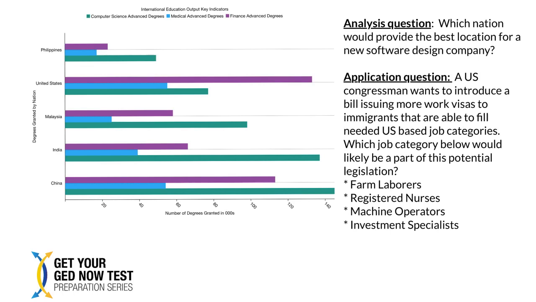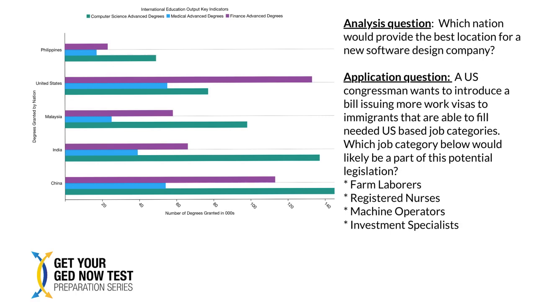Now we have analysis. Analysis is more of the type of question where you draw some conclusion or inference, if you're familiar with that word. And so this question says, which nation would provide the best location for a new software design company? Well, so you're going to make an inference. There's nothing in here that talks about companies and nothing in here that talks about a country's particular friendliness, but you can make an inference or a conclusion that if a country produces a lot of computer science degrees, that's probably a good place for a software company to start because the talent will be there